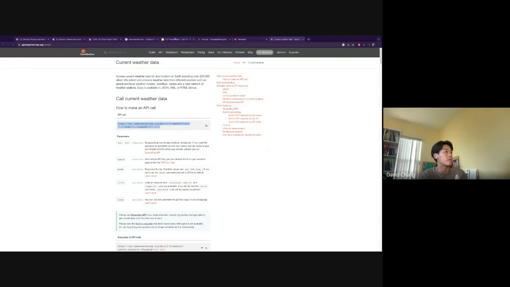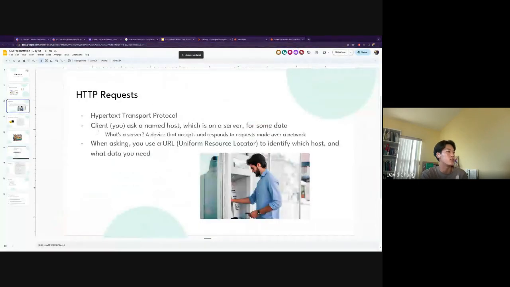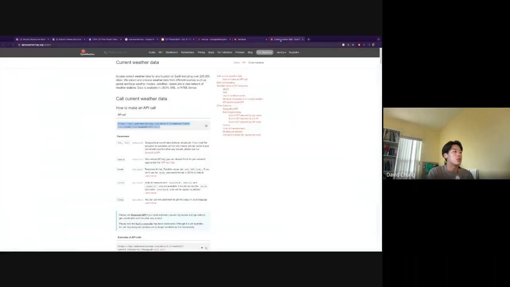So if you remember from the slides, when we talk to a server, we use a URL to identify which host and then specifically what data we need. So what this is doing, if you want to dive into it, this is the host or server that we're going to go into. And then after the question mark, you don't need to know this, but it's kind of cool, it's the specific type of request we're asking for, right? So in this case, we're asking for the latitude and the longitude, and then the API